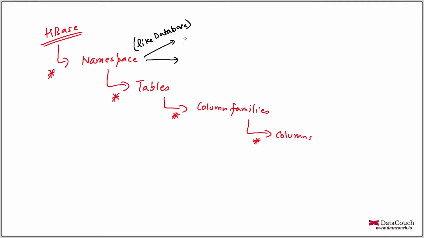So one thing is you have a user defined namespace, and another one is system namespace. So system namespace is HBase, which is already there. If you do the hands-on, you will find the HBase system namespace is available. And then we have user defined namespace. By default we have a default namespace, but you can create your own user defined namespace through the create_namespace command. Yeah, so these things are possible here.